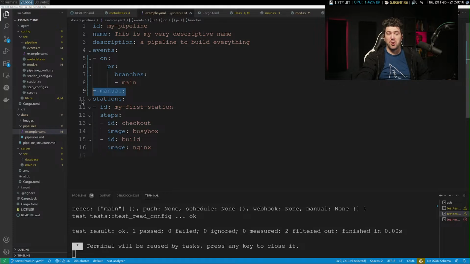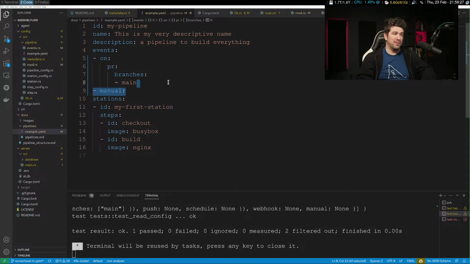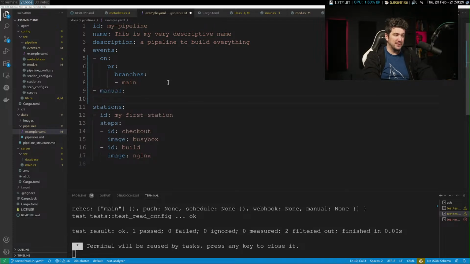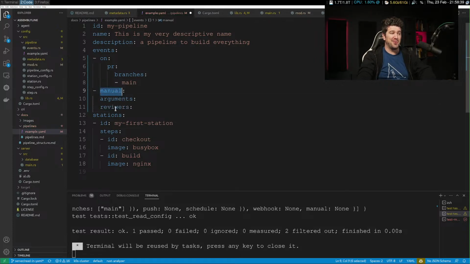So, for example, you don't want your deploy to production to be run manually. You remove it. Or maybe one of the things is we have our arguments, but we also have reviewers. So if you run this manually, maybe we can say you need XYZ reviewers because it is a deploy to production and there's a gate. If somebody's going to do this, they need 2 people to sign off on it. Whatever. I haven't thought that far.